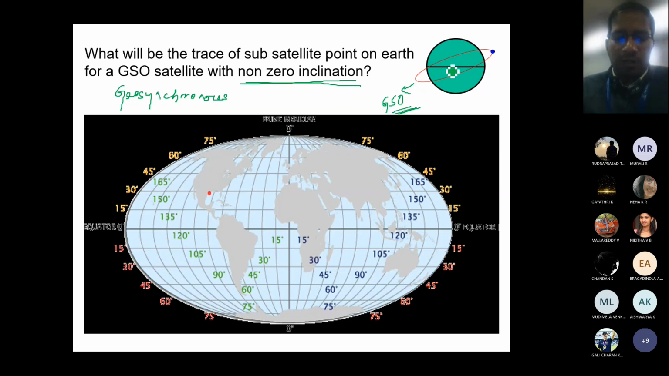Okay, now look at this particular diagram. This blue color dot represents the location of the satellite. Now the satellite is moving in this direction, and your Earth is moving in this direction also. Around itself, the Earth is also rotating. Understood the point? Now you see